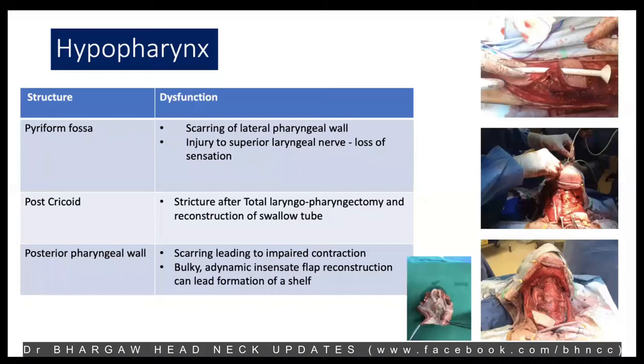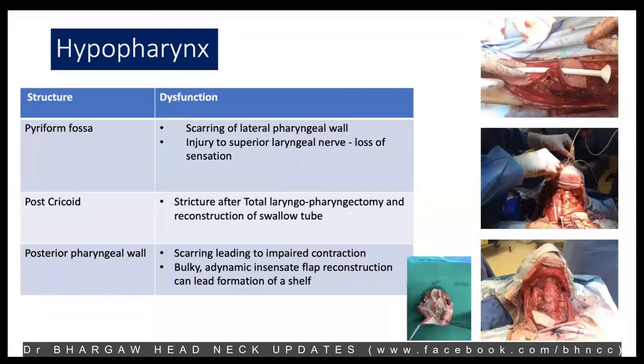So the most common problem in regard to surgeries: usually patients undergo salvage surgeries for hypopharyngeal tumor. They've already undergone radiation treatment, and pharyngocutaneous fistulas are very common. One of the ways to minimize these fistulas is, when they do a reconstruction, they use a salivary bypass tube. The saliva is channeled into this tube and not around the anastomosis site, and that way minimizes the risk of a pharyngocutaneous fistula.